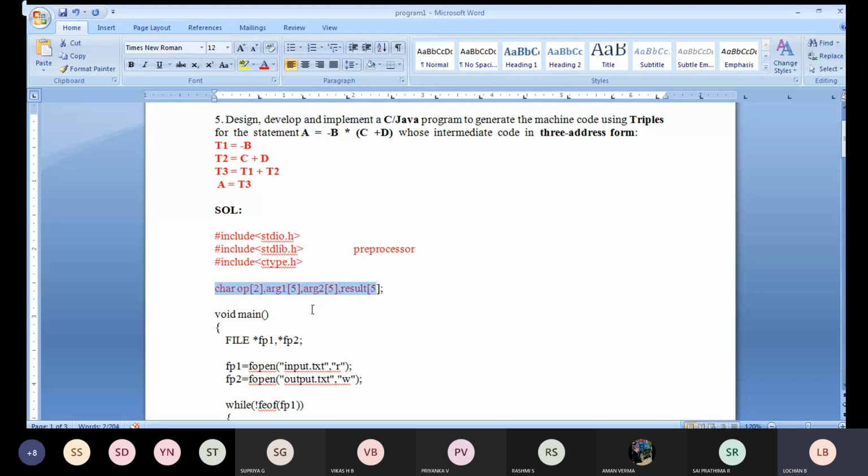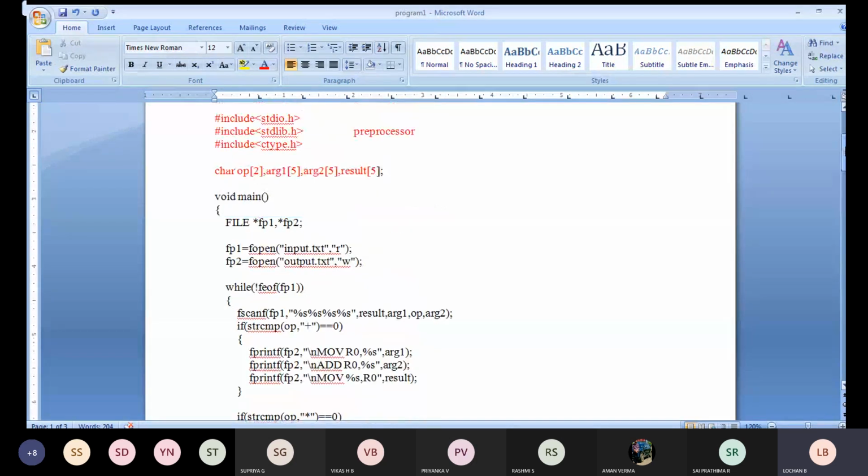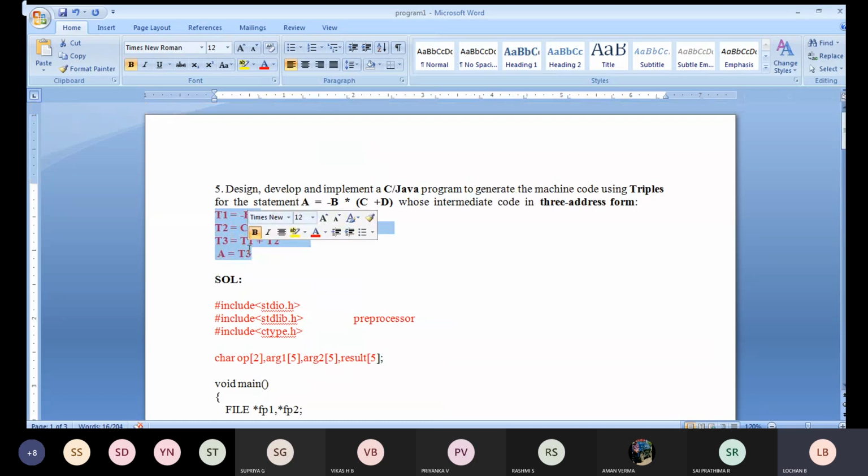Next, we will start with the main programming. For the main program, we will be applying two file pointers here: one for your input file and one more for your output file. So fp1 is equal to fopen, with an input text file, opened with read permission. I'll repeat once again: whenever you open any files or execute the program, you will be getting two things, one with respect to your input mode and one with respect to your output mode. As usual, in input mode they have given this particular file. They have created the input as T1 is equal to minus B, T2 C plus D,